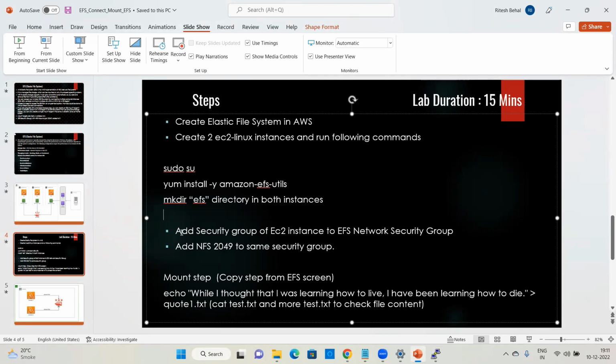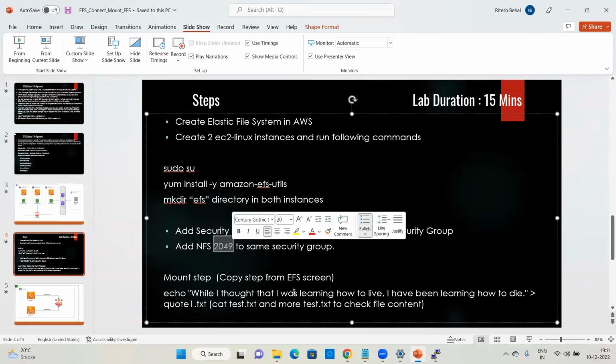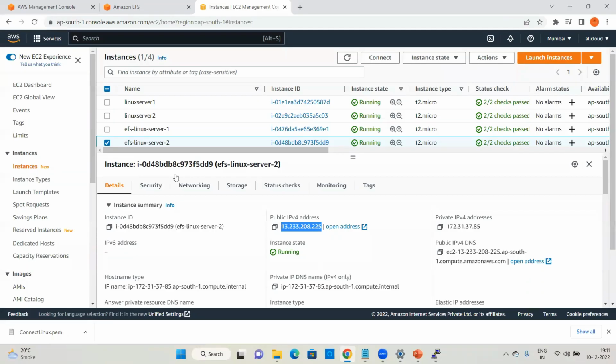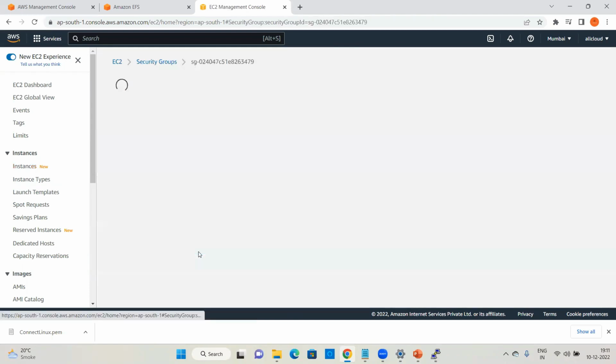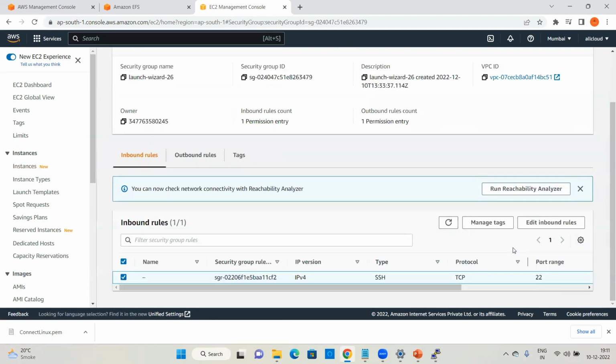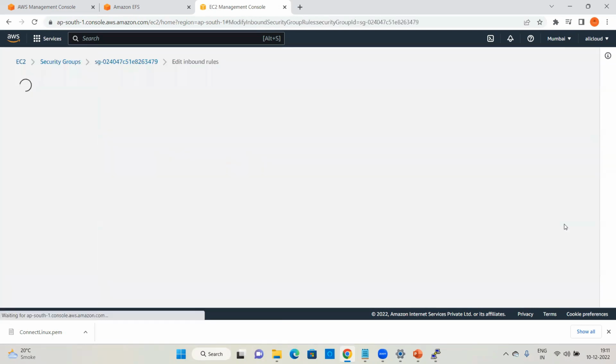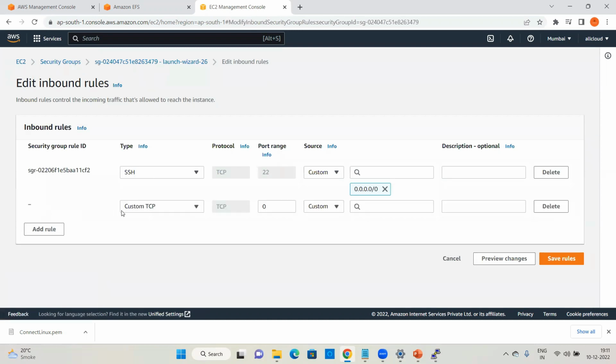Mkdir is also done. Add the security group of the EC2 instances to the EFS network security group, that we have already done. I have taken the security group of the EC2 instance and added it in the network security group. The last thing pending here is I need to add port 2049 to my security group. I will go to my security group, click on security, launch wizard 26. I'll go on that and go to inbound rules, edit inbound rule, add rule, which says